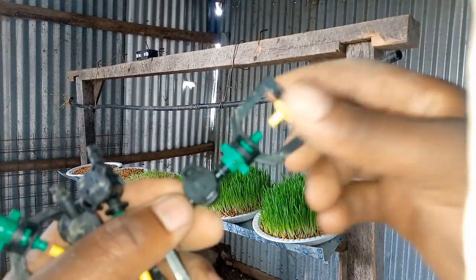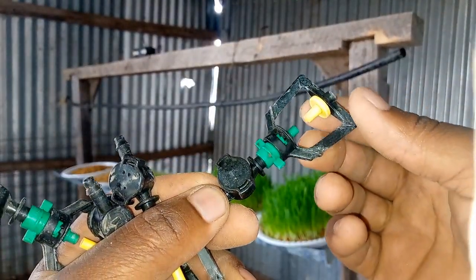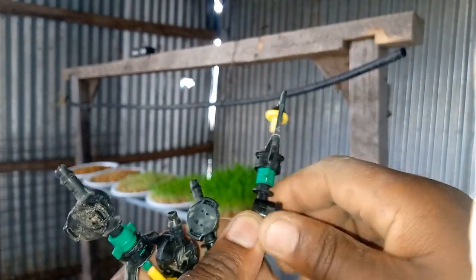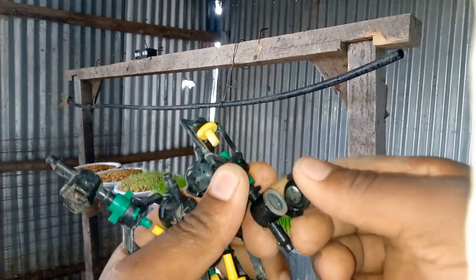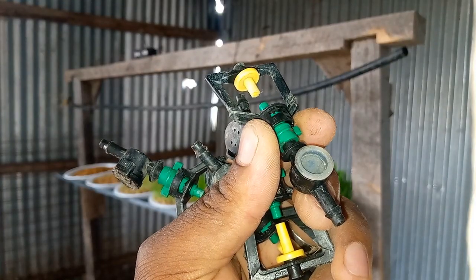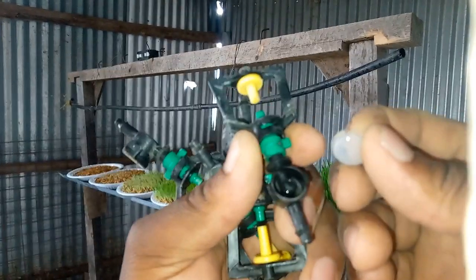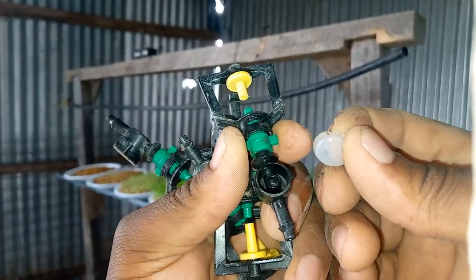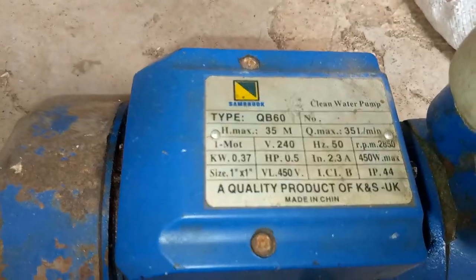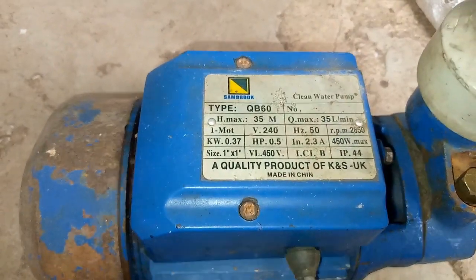This sprinkler of ours here has a valve that is located over here. So you can see the valve here. This is the valve, and for it to open, you must have a pump. You just require this small pump here, because